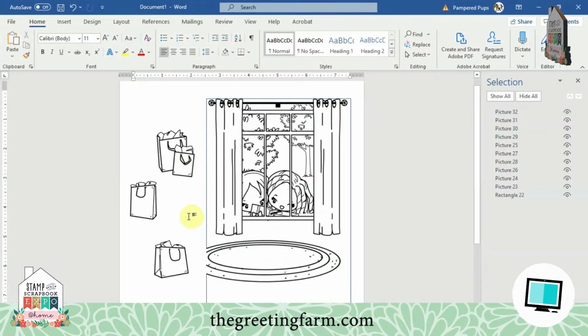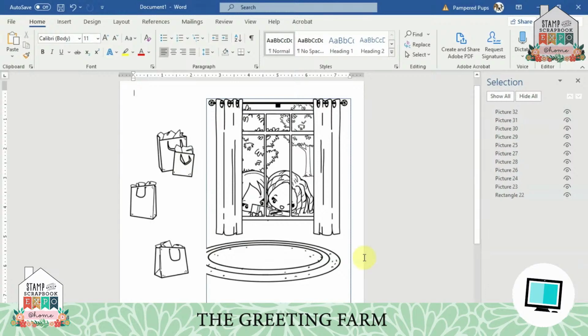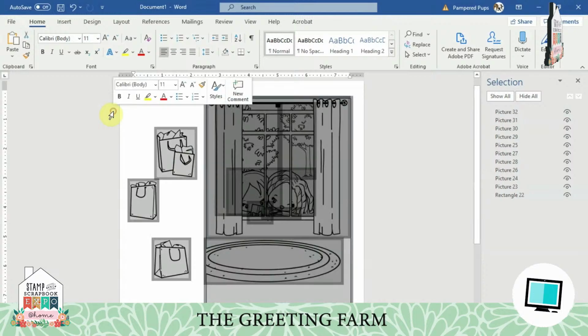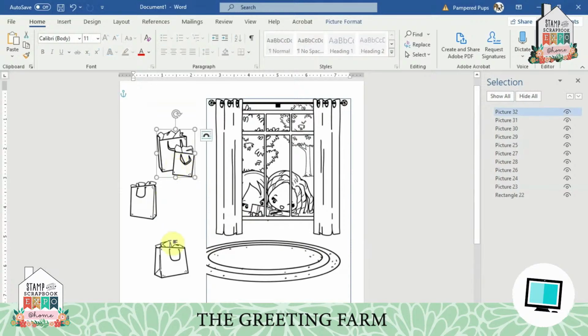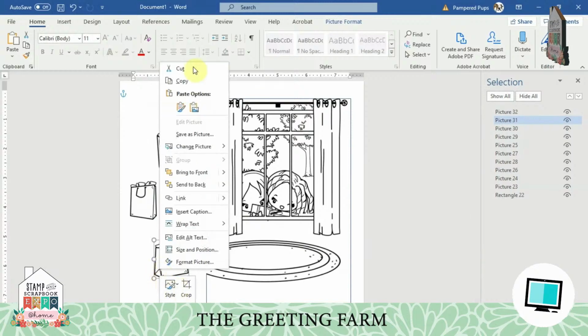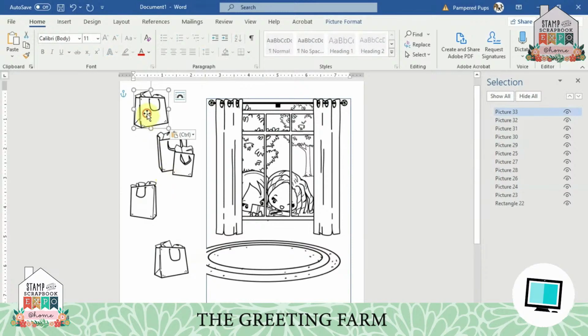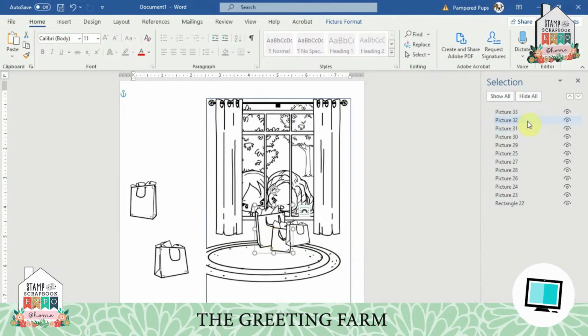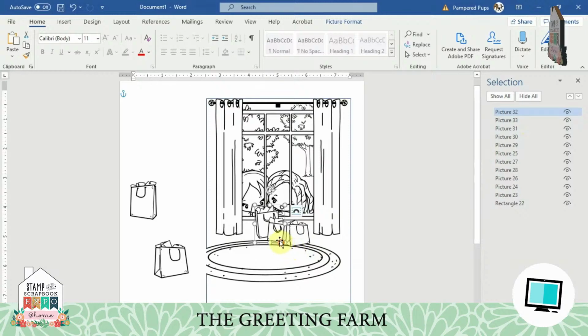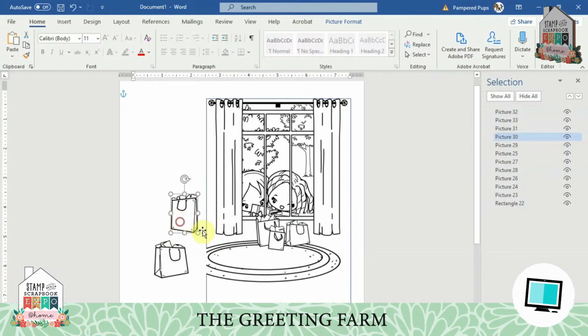And we're going to play with these. These are still in the background, so we're going to have to resize them smaller when we move them over to the window, because we're going to add some bigger presents up front later on. So let's click and drag this one over. Actually, I think I'm going to right click and copy it and paste it. So it gives me an extra bag here. Then I'm going to move that one and resize it in front of the window. And I'm going to go grab this other bag and take it over. And I'm going to move it in front of the last bag and resize it as well. We're just layering these up. And move this one over. And I am going to resize it a little bit, move it in place,